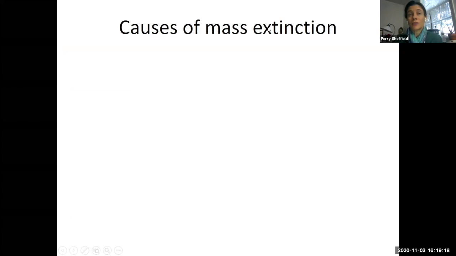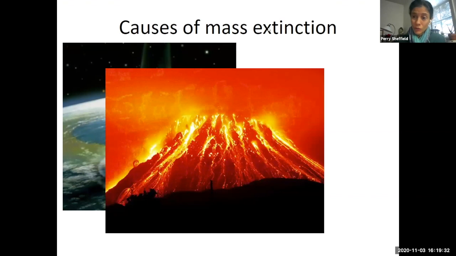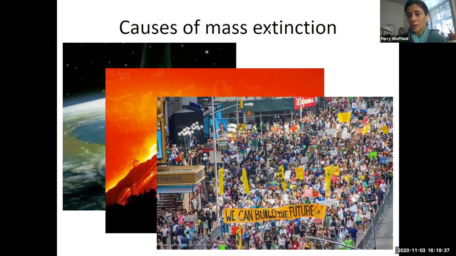And so historically, what has caused these mass extinctions that the planet has experienced were things like asteroids, huge volcanic eruptions. And now we actually think, as I started this whole presentation, that humanity, our collective impact of our activities, is what's driving the current rate of extinction that we're seeing.